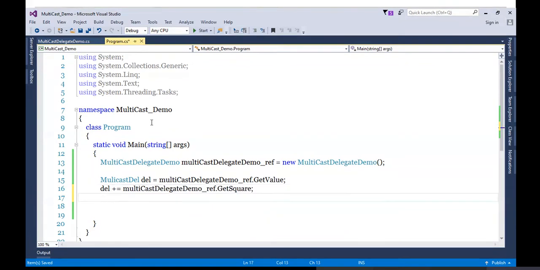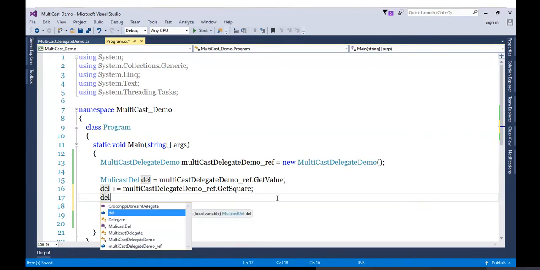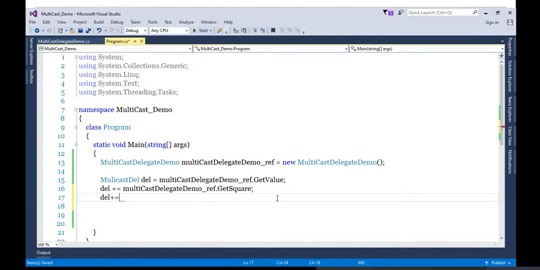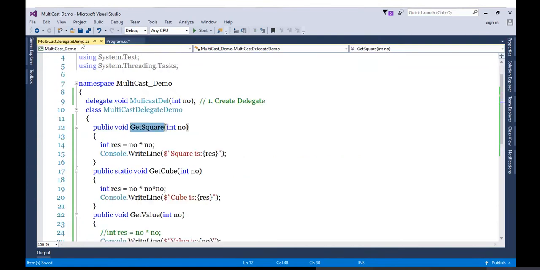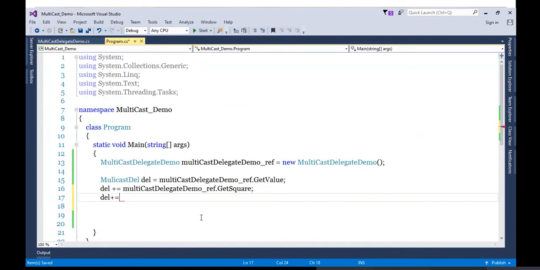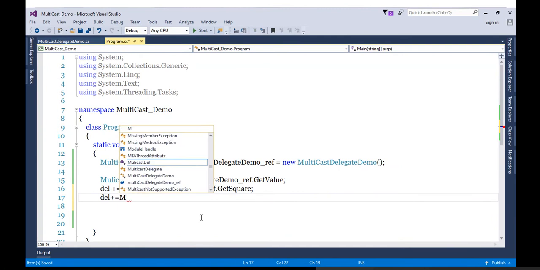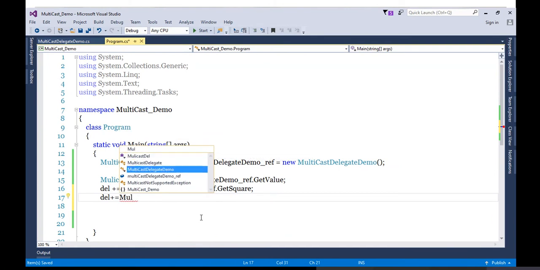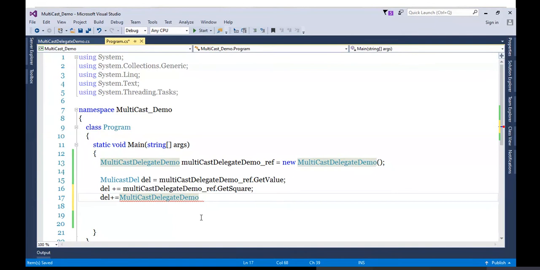So now this delegate reference is pointing to two methods, GetValue and GetSquare. We got one more method, delegate plus equal to GetCube. Now GetCube is a static method, so to access GetCube I will require a class name. MulticastDelegateDemo is my class name, dot GetCube.